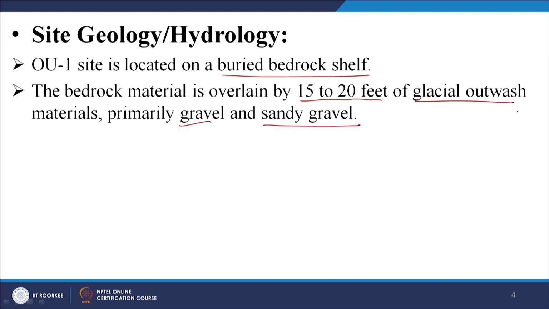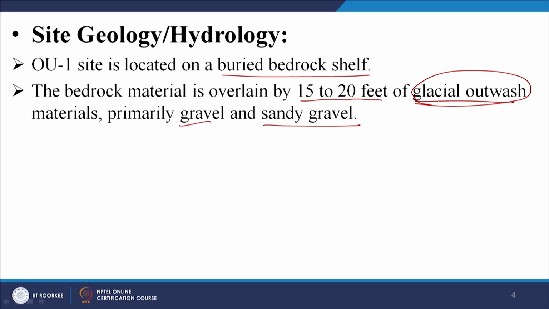Again, glacial outwash, as in, I believe, you can check this up, I guess. If you have relevant mountains or any such glaciers, and you have surface water flowing through, maybe this is not the right term, but I guess due to erosion or such, you will have transport of the relevant sediments and deposition downstream, and that is what you see out here. I believe this is what they refer to as glacial outwash. So, as expected, typically it is gravel and sandy gravel, and the key aspect to understand is that this particular type of soil obviously will have higher hydraulic conductivity, right. The hydraulic conductivity will be typically high, that is something to keep in mind.